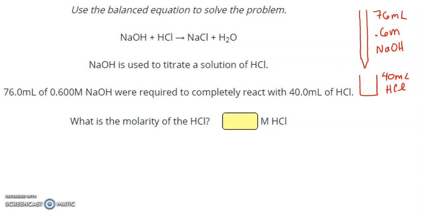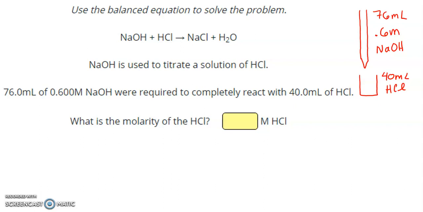This video is going to cover titration problems. So we have a balanced equation, and we know that NaOH is used to titrate a solution of HCl. This is an acid-base reaction. In this titration, there would be some indicator in the HCl to tell when the endpoint was, to tell when